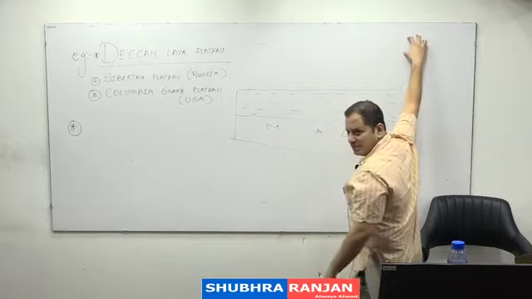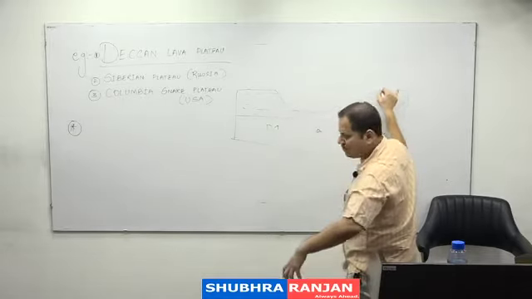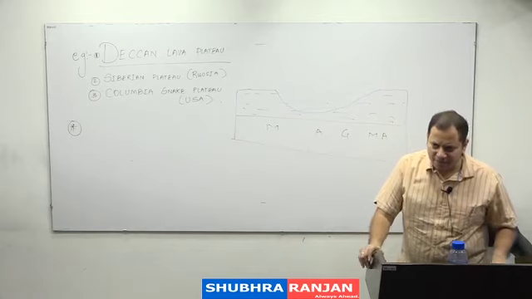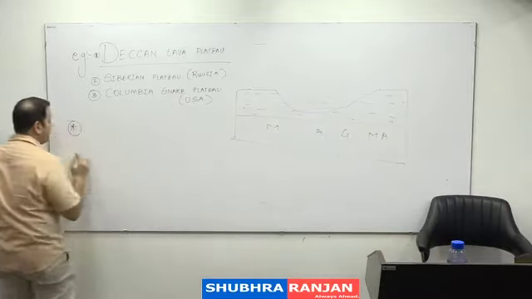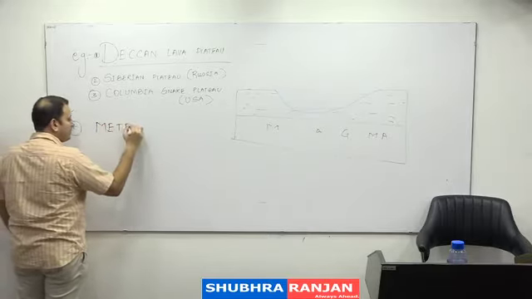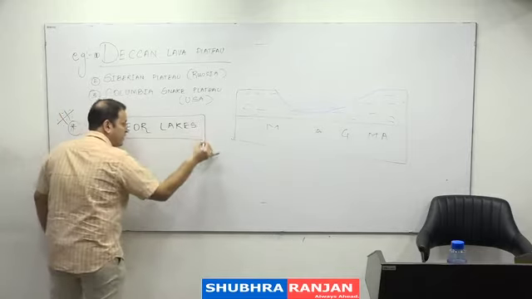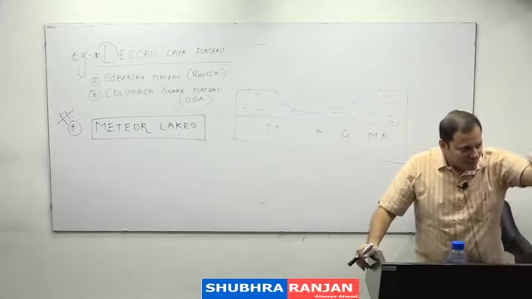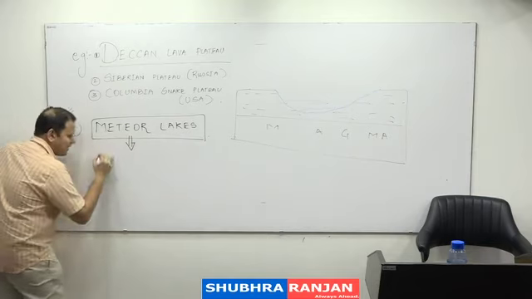When a meteor comes and removes this surface, if just this part is removed, can I say the water will be exposed? And over a period of time can you call this a lake? This is a lake. So the second thing for prelims you remember: what are meteor lakes? The lakes that are formed due to the impact of meteors. Why? Because it comes with greater speed, removes the surface making a depression, and the groundwater below is exposed, resulting in the formation of meteor lakes. So meteor lakes are formed due to the impact of meteors, and the example is